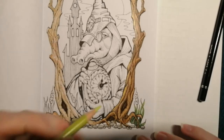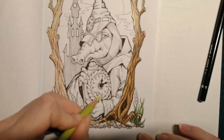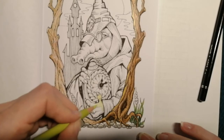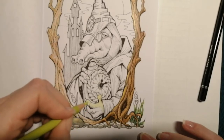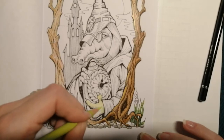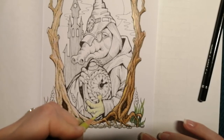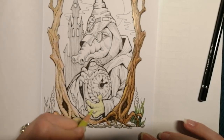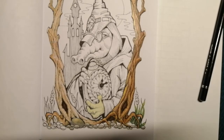I think we'll pop the very pale tone down. Most of this will disappear as we go, but like any skin tone, you want to decide what your undertone will be and then give a very fine layer. Skin has different shades and undertones and complexions, and the only realistic way that you'll portray that is by building up your colour layers. I normally do a bit paler than this and work my way up, but obviously that would be a bit boring for you to see. So I've just popped down a very light layer of that very pale green,